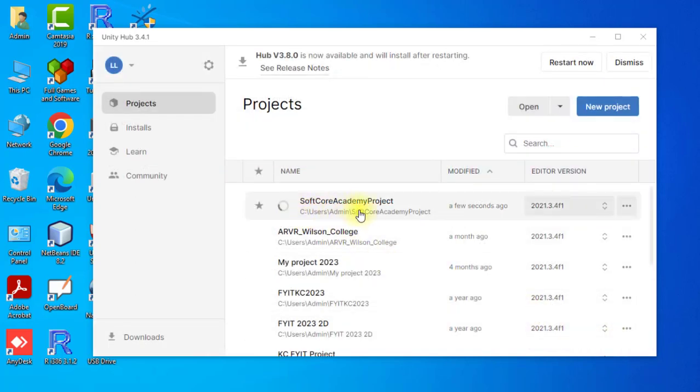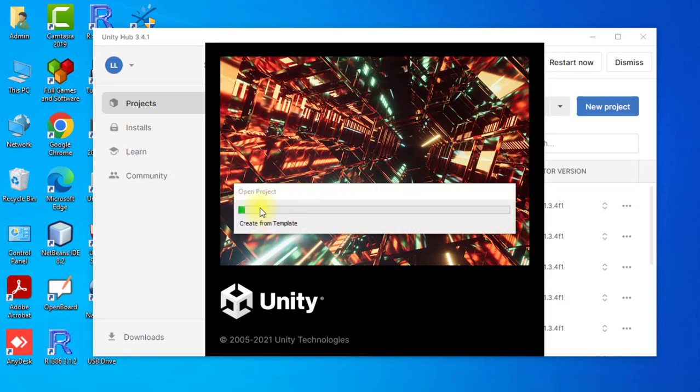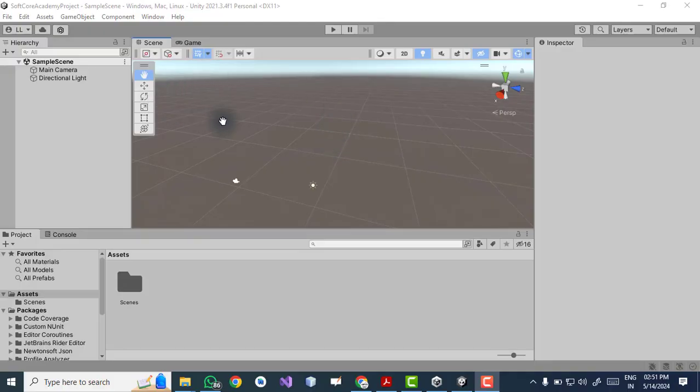As we can see here, it is creating the Softcore Academy project. Just wait for some time. It will load all the required templates or components, and it will display a layout. After creation of the project, it will show the screen like this.